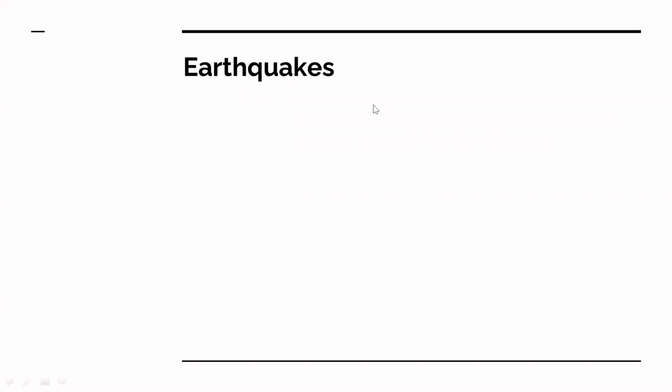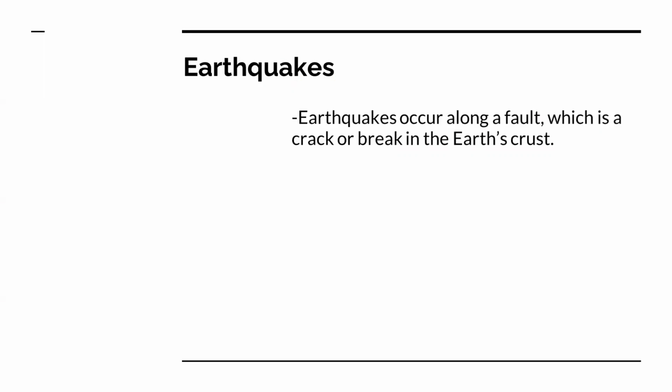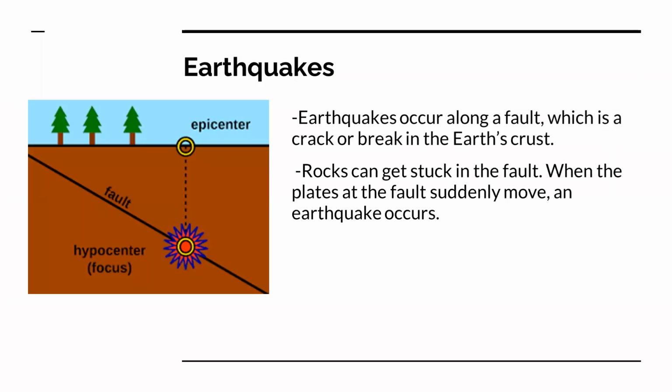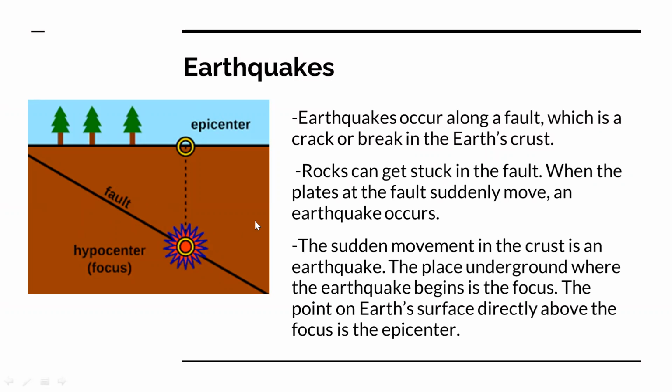There we go. All right, earthquakes occur along a fault line, which is just a crack or a break in the Earth's crust. Rocks can get stuck in these fault lines, and when the plates at the fault line suddenly move, an earthquake can occur. The sudden movement in the crust is called an earthquake, and the place underground where the earthquake begins